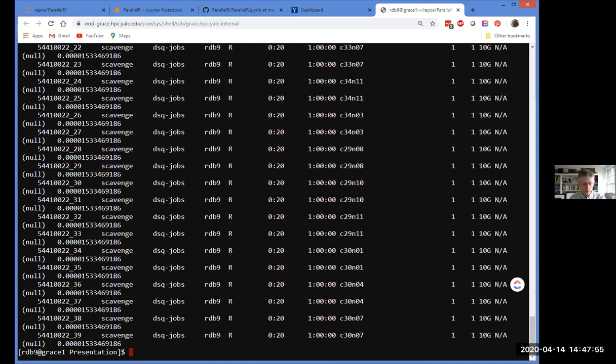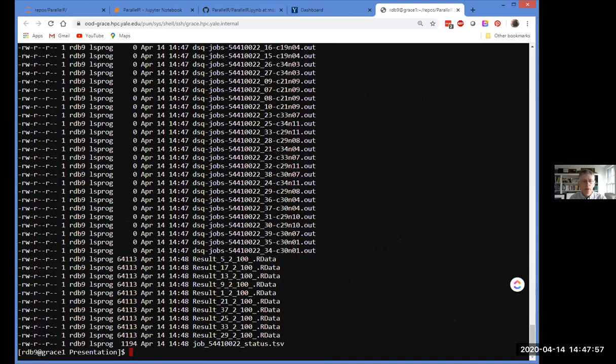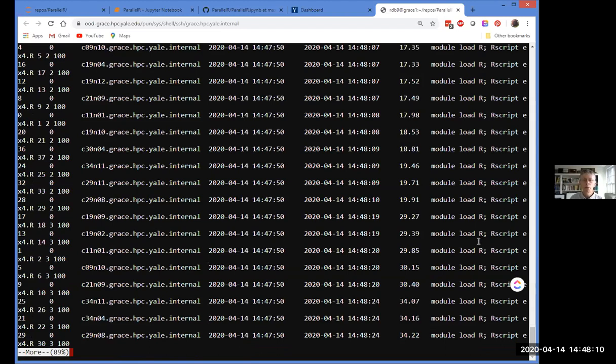And when it's all done, it will produce an output file. As each subjob is computed, an entry is made in this status file that has information about the job. It basically says the ID of the job, the success exit code of the job, where it ran, when it started, when it ended, how long it took, and what the actual job was.